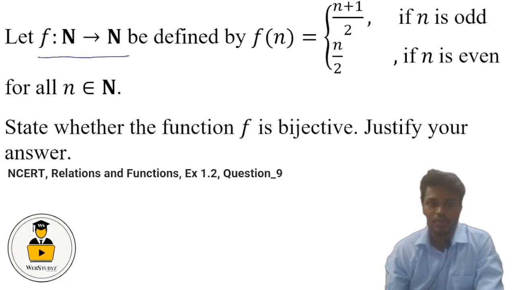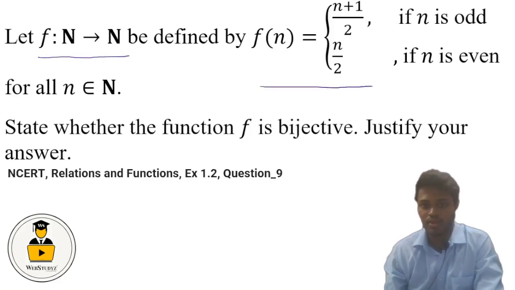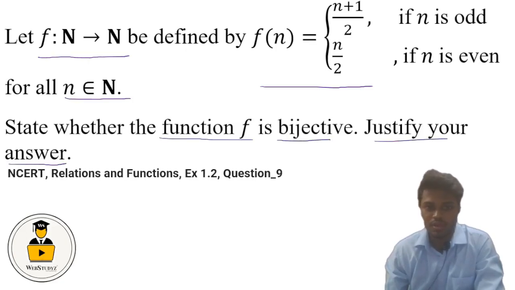Let f from N to N be defined by the function f(n) = (n+1)/2 if n is odd, and n/2 if n is even, for all n belonging to natural numbers. State whether the function f is bijective. Justify your answer. So we have to prove whether the given function f is bijective or not, and we have